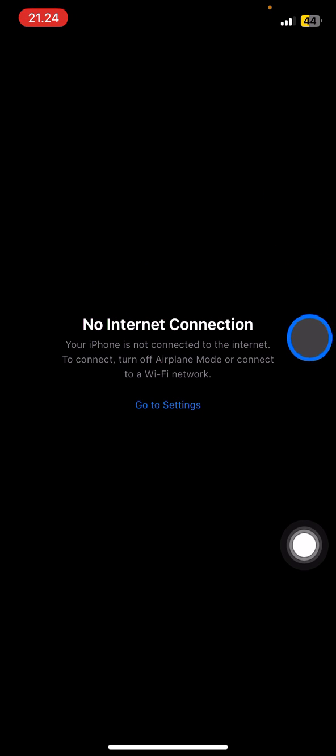There is no internet connection, your iPhone is not connected to the internet. So it means that we have no internet connection to open this application, because the App Store needs the internet to access it, because we need to reach the website of the application. So here is how to fix it: you just need to slide from the side of your screen